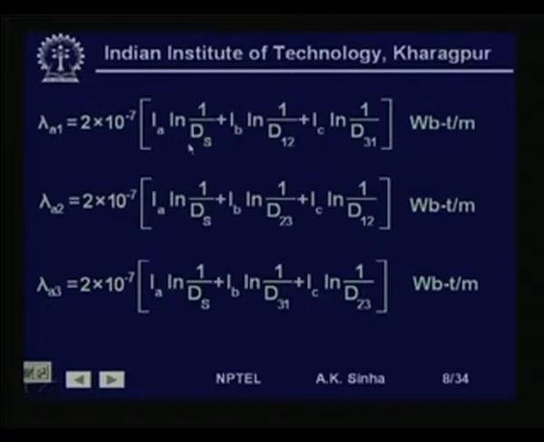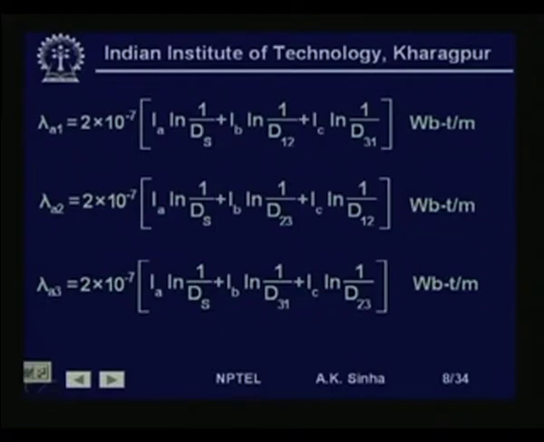Here I am writing d s instead of r dash, because sometimes we use more conductors instead of one conductor. So, we are talking about the self distance, which is r dash for a single solid conductor line. So, it is I A log n 1 by d s plus I B log n 1 by d 1 2,